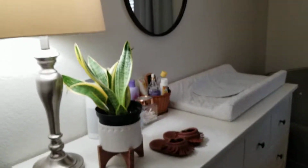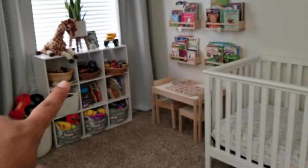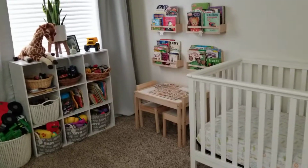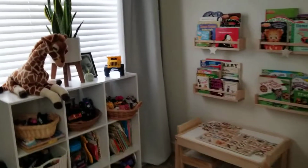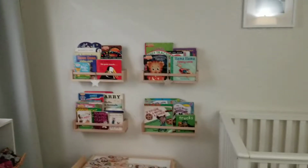So yeah, this is my son's room. I think it looks beautiful. I love it. Like I said, I have to fix this part right here, but it will take time because I need to find 6 that look the same. So this is my favorite part. I love these pictures. And then I also hung some stars that I